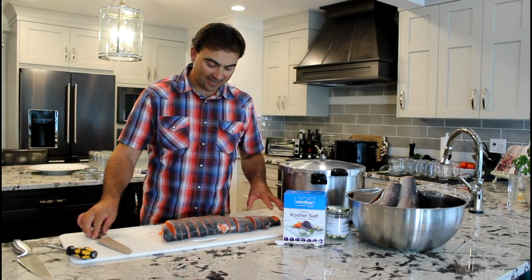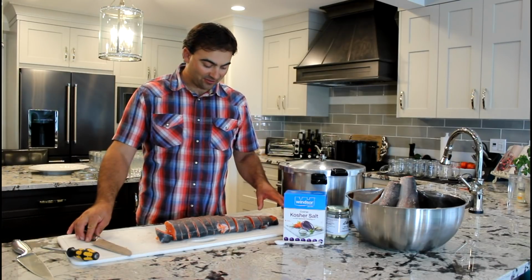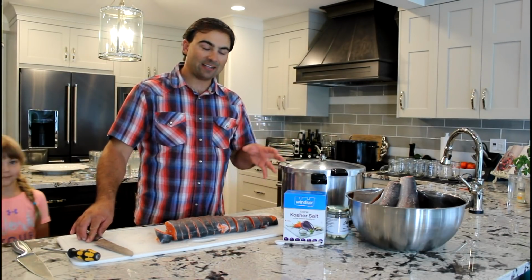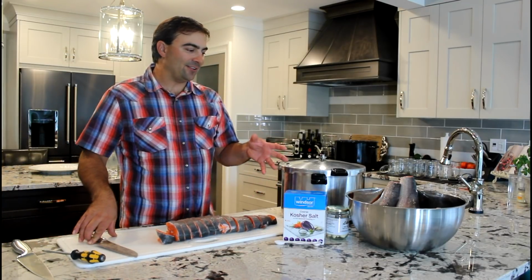Okay, so now I got that salmon all cut up into about 3/4 inch strips, and I'm going to do that with the rest of them, and then I can pack the jars. One thing I learned from